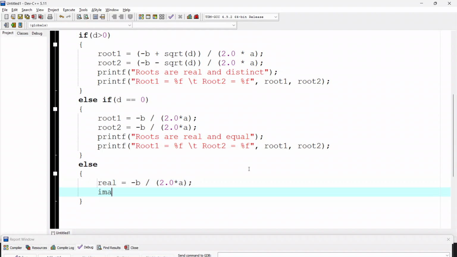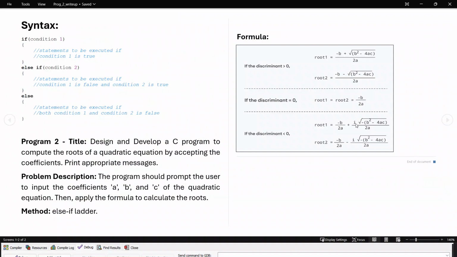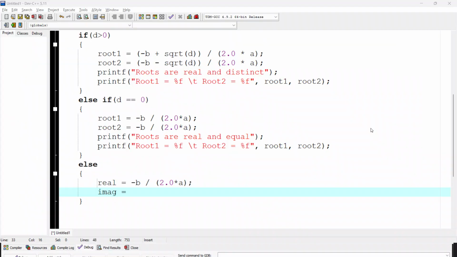Imaginary part will be, this I, we will be writing it while printing the final answer on screen. Right now, imaginary part is only this much, square root of minus d upon 2a. So that is what we are going to write here, SQRT. It is SQRT, please don't make a mistake here. Square root of minus d slash